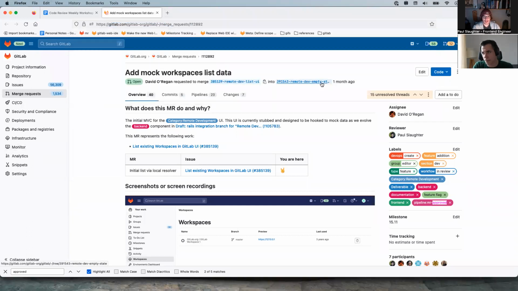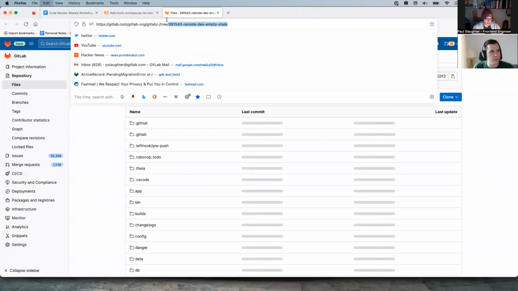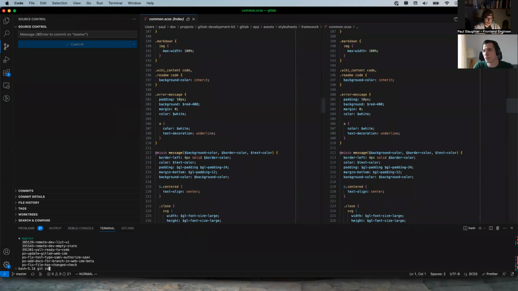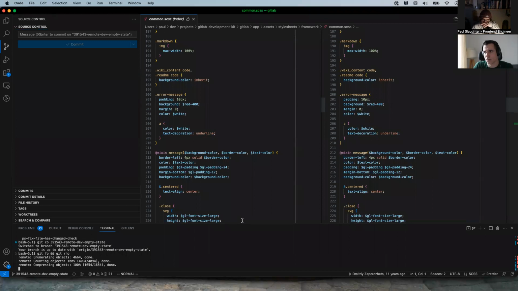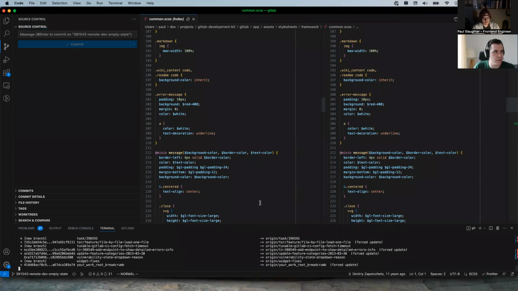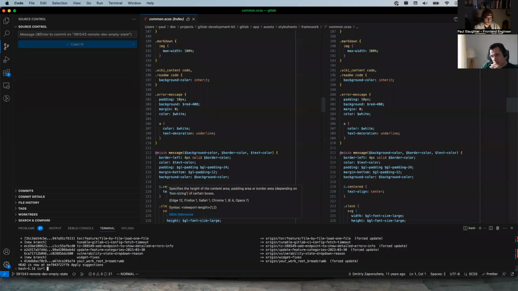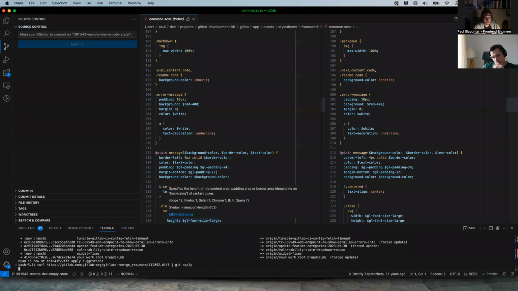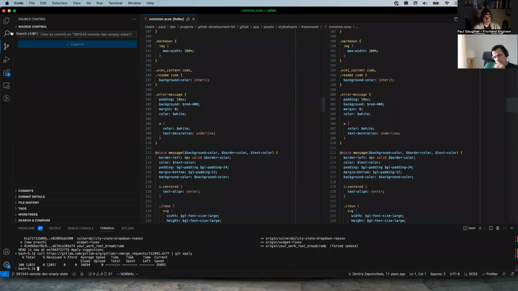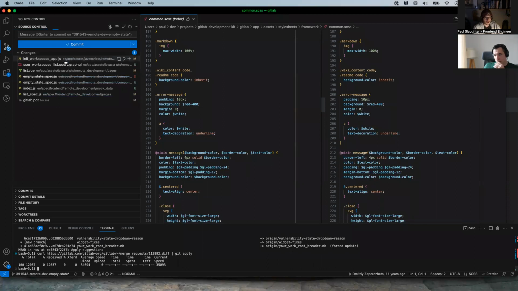So what I'll do is, rather than working on top of master and applying changes on master, I'll actually check out this branch and then apply the MR diff on top of this one. So I'll check out that target branch and get the latest from the target branch, and then I can curl this thing. Yep, which is kind of the same thing, but different in a way.